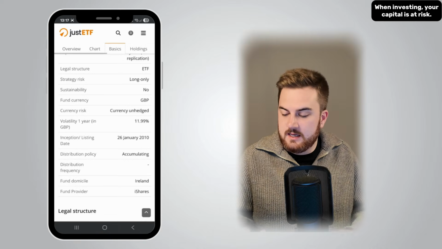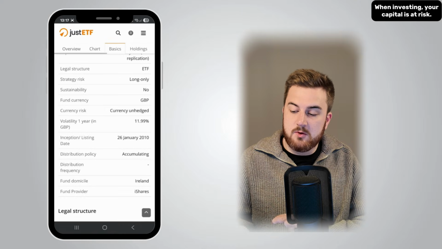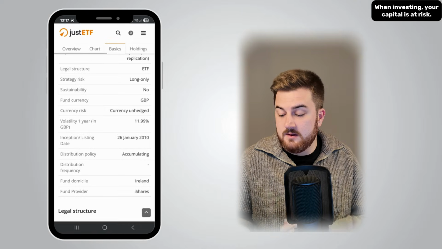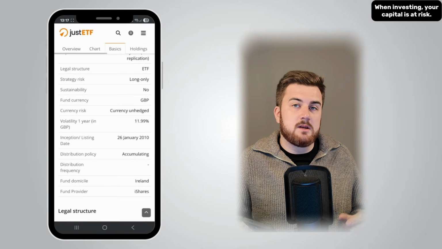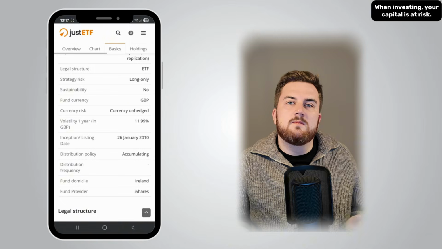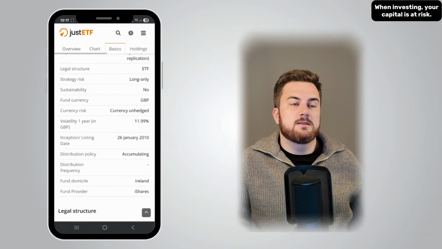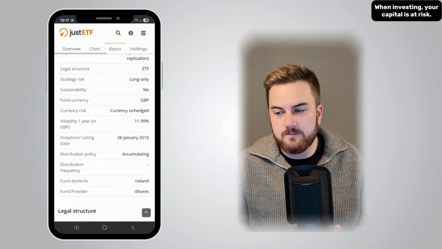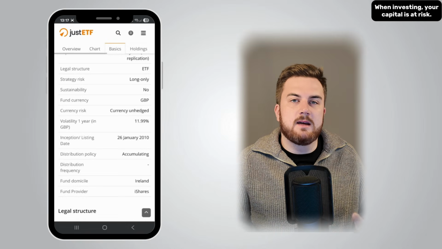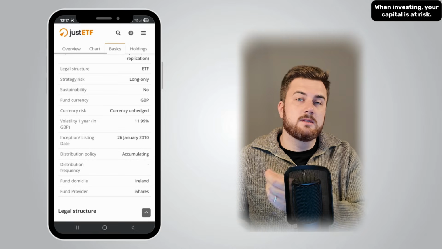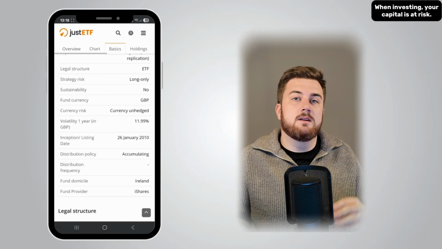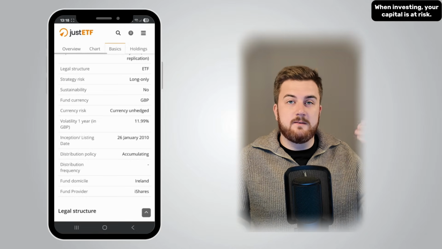And then the last thing I consider here is fund domicile. This is less of a problem in this case for a FTSE 100 ETF. Most ETFs are domiciled in Ireland. You'll see some domiciled in Luxembourg, and that may be a problem for ETFs that contain US stocks. That's because with US stocks, there's a 30% withholding tax applied on US stock dividends that the fund pays if domiciled in Luxembourg, whereas if the fund is domiciled in Ireland, that withholding tax is only 15%.